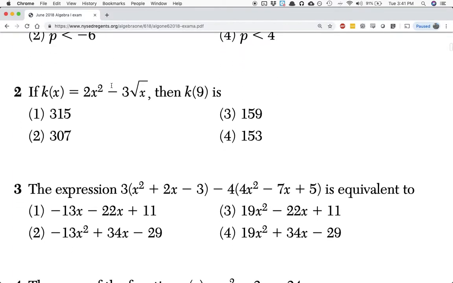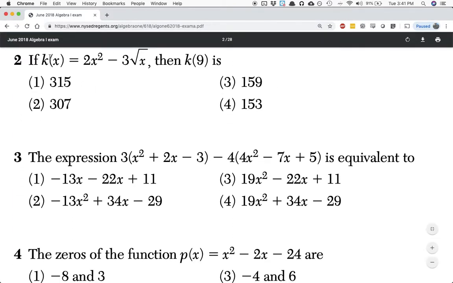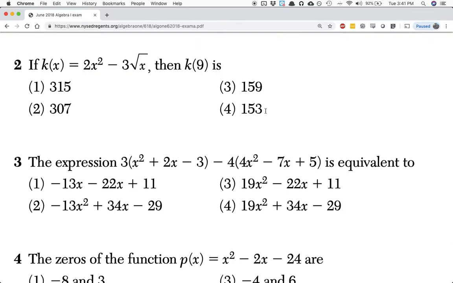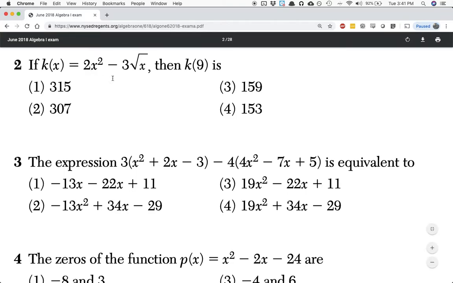All right, June 2018, looking at question number 2 now. If k of x equals 2x squared minus 3 square root of x, then k of 9 is, and they give me some numbers. The very first thing you should do, if you know what to do as soon as you see this, then start moving, right? But the very first thing you should notice is if this looks confusing, I see squared, square root, k9, that's scary looking. But if you see k of x equals, you should know that,